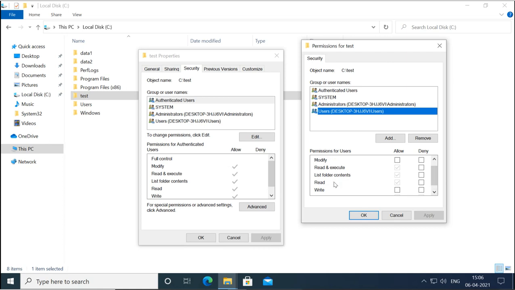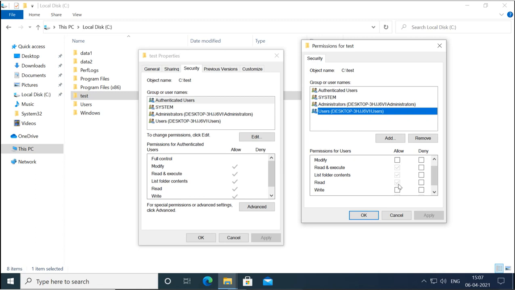Now if any user is a member of this group, they will get all these three permissions by default. That means it will get the permission from this group, and all the normal users which we created right now are members of this group, and they will always get these three permissions.